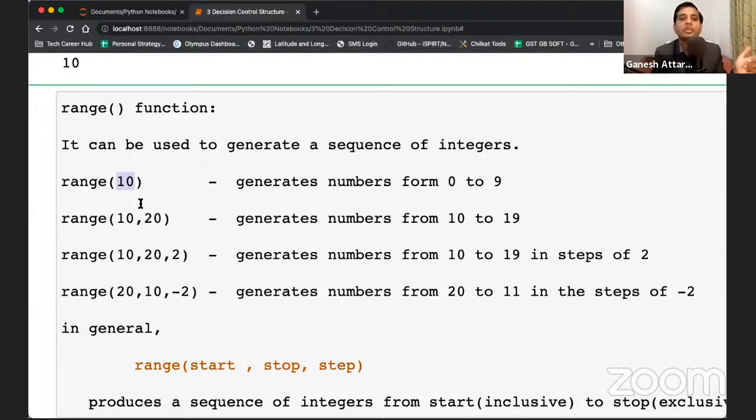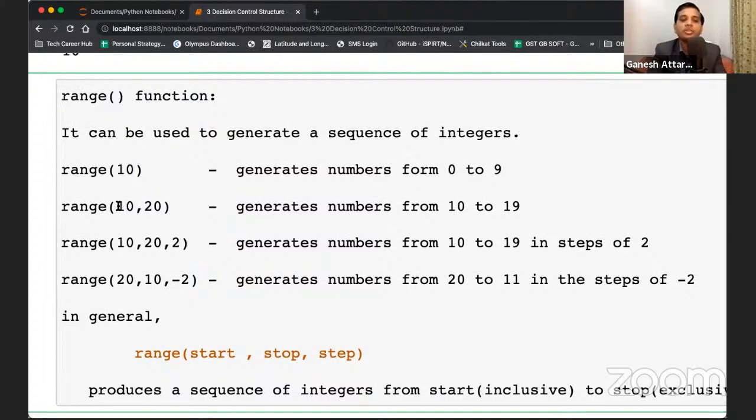0 to 9. So range 10 means 0 to 9. Range 100 means 0 to 99. Range 50 means 0 to 49. Getting that? So if you are giving the first value also, that is the start value, and the end value also you are given,